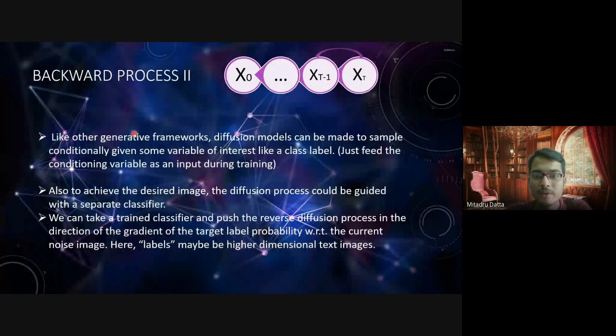Like other generative frameworks, diffusion models can also be made to sample conditionally given some variable of interest, like a class label. Just feed the conditioning variable as an input during training. So as I showed you in the previous webinar,